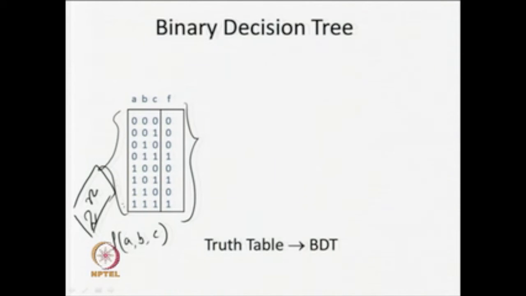So, these are the 8 possible combinations that we can have with respect to A, B and C, because A can take either value 0 or 1, similarly B and C. Now, this particular function I am representing with the help of a Boolean truth table. Now, we can construct the BDD, binary decision tree, for this particular function looking into this particular